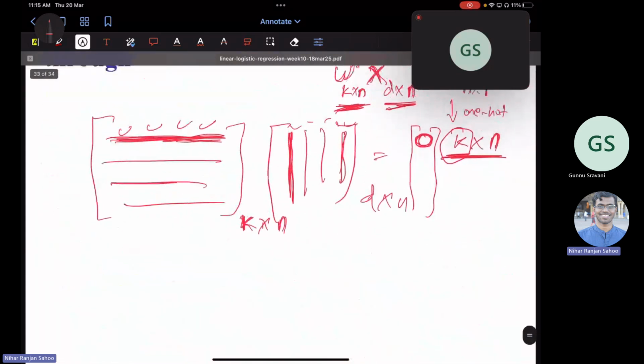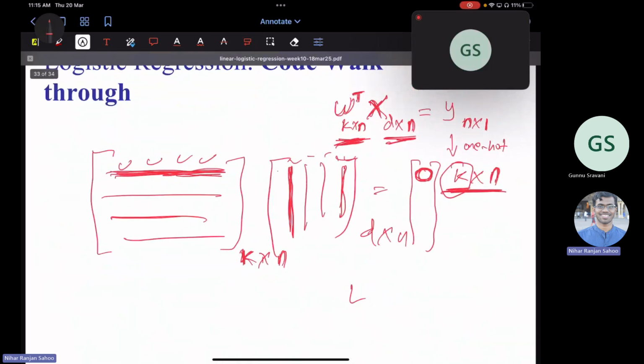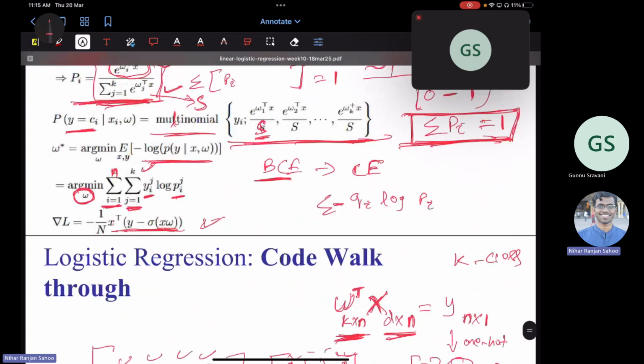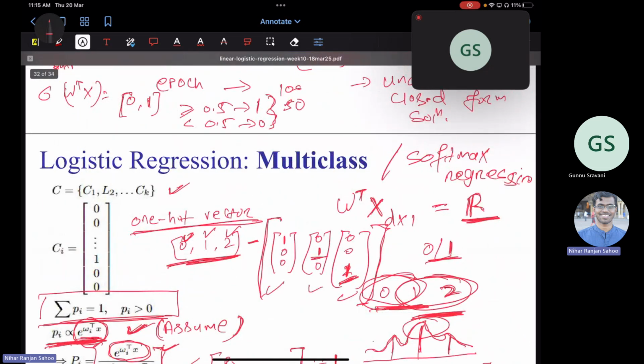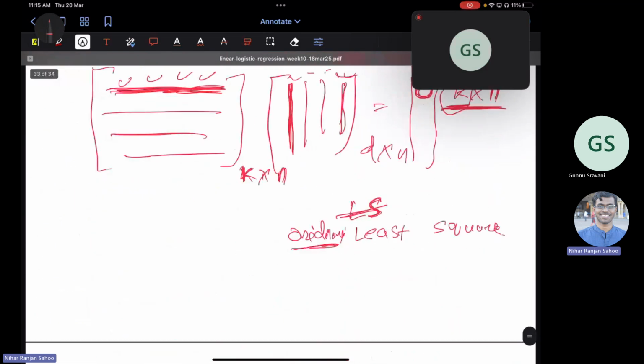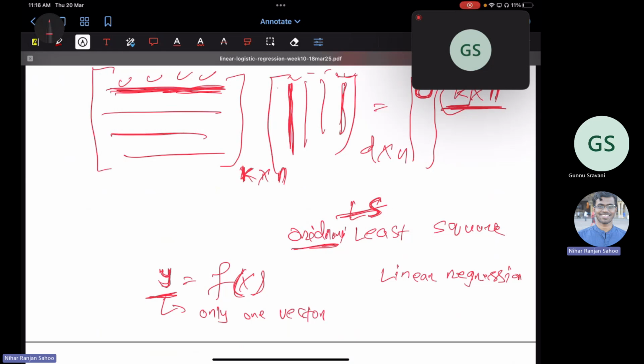One point I just mentioned during the initial class of linear regression: the method we use is the least square estimation method. Let me write it completely, least square. So I said this is ordinary least square, right? Why it is ordinary least square, I have not told you yet. When it comes to logistic regression, we are able to do binary classification, and also multi-class classification. Similarly, in linear regression, or least square regression, whatever term you use, we only discussed predicting a single regressed vector from the input x. That's why it is called ordinary, because the y is only one vector,